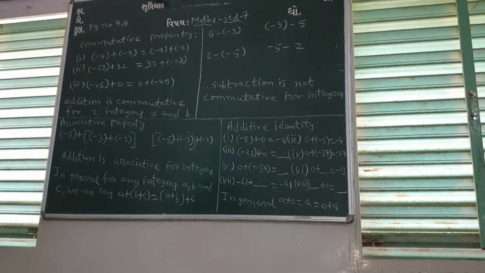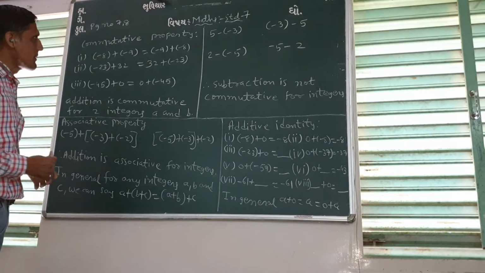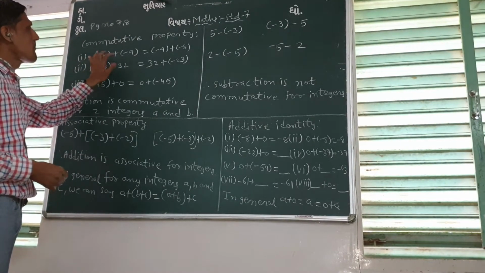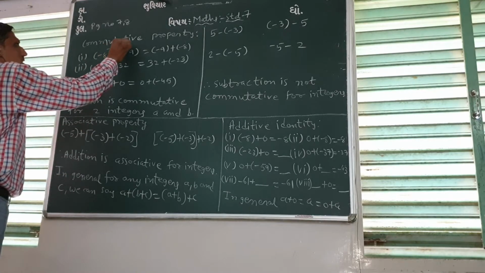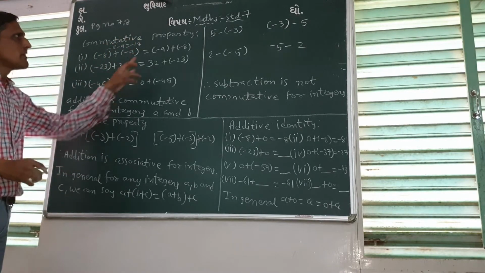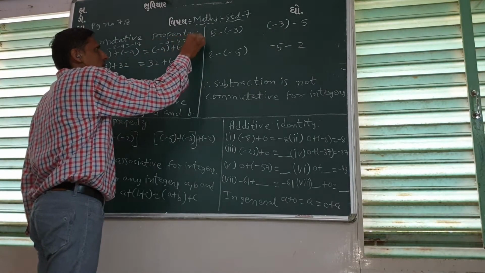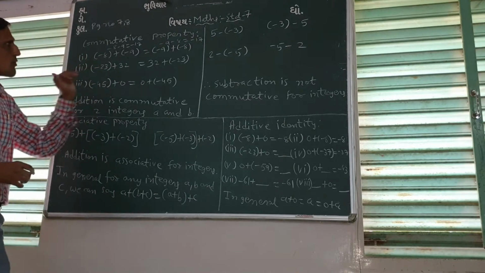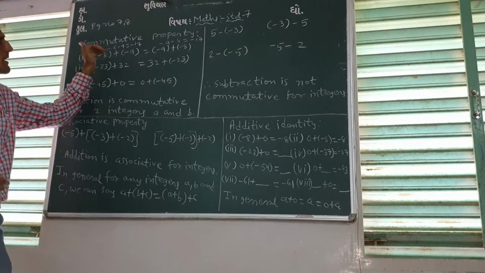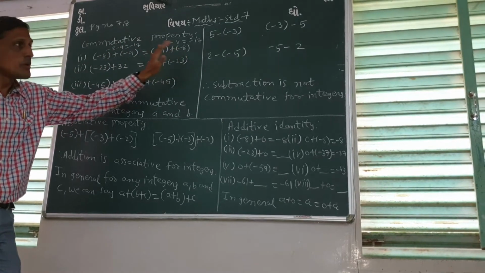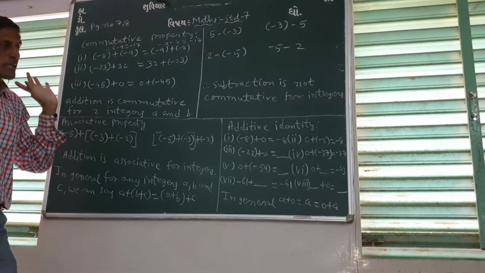Okay friends, now we are doing page number 7 and 8. Which property? Commutative property. Okay, -8 plus -9 that is equal to what? -17. Again we write -9 plus -8 that is equal to what? -17, right. This also you write down in your notebook. तो -8 plus -9 करो या -9 plus -8 करो, आंसर क्या है? -17. That is called what? Commutative property for addition, right.